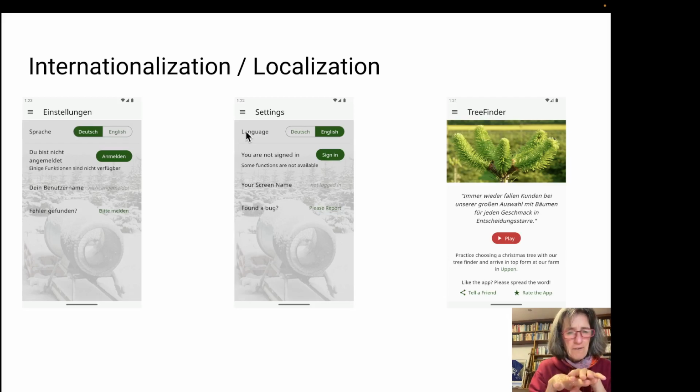So for this particular app, I started in German and then later translated many phrases into English. But at some points, I was lazy. So if you find a place in the app where a page shows a mix of German and English, that's not Flutter's fault. That is just me being lazy. Here, I've just never provided the English string for this piece of content.